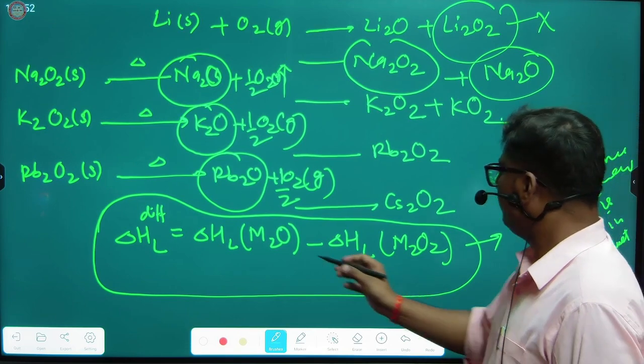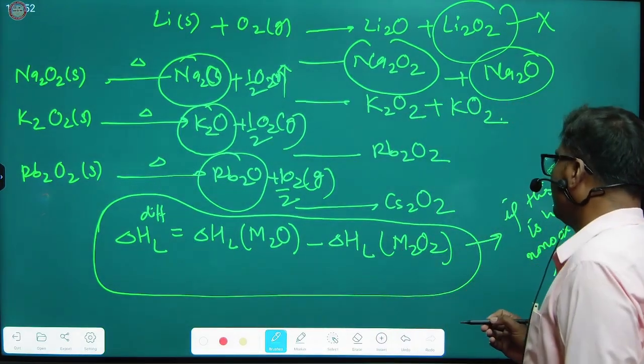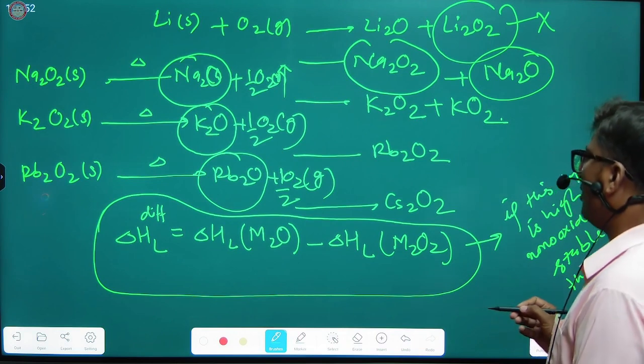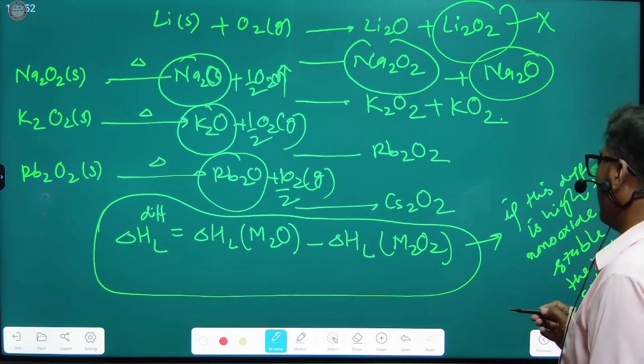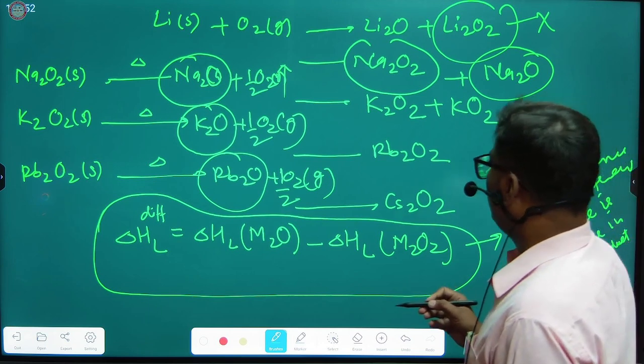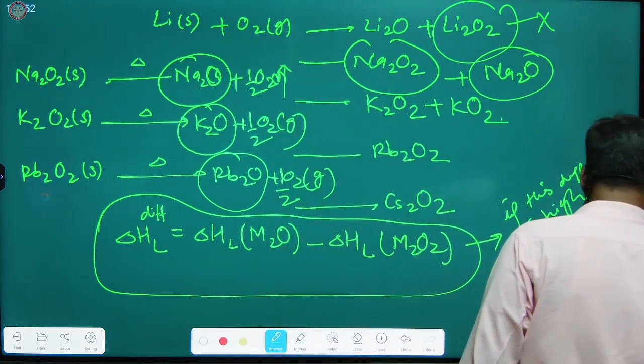And if this difference is very low, it means the peroxides are not able to be decomposed to form monoxides. So in the next page,